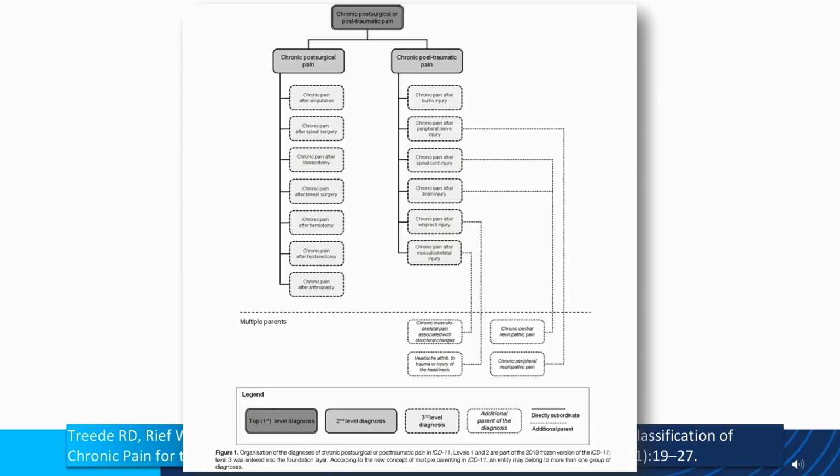So chronic post-surgical pain, the big ones are amputations, pain after spinal surgery, pain after thoracotomy, a common cause of chronic pain. And the list goes on, pain after arthroplasty as well, so joint replacement surgery, pain after herniorrhaphy, which is a particularly important cause of chronic abdominal pain. And then you've got post-traumatic pain as well. I'm not going to spend too much time on these things, but I just wanted to give you an idea of how pain is now divided. Chronic pain after spinal cord injury, chronic pain after brain injury, etc. So again, this is chronic post-surgical and post-traumatic secondary pain.